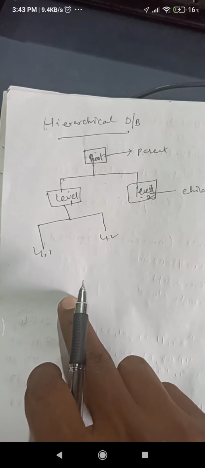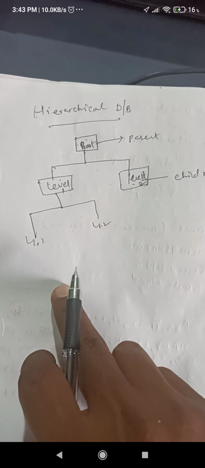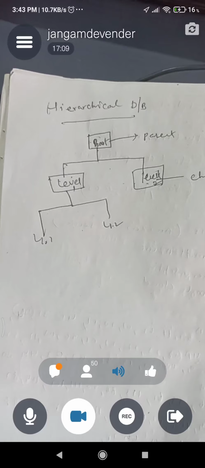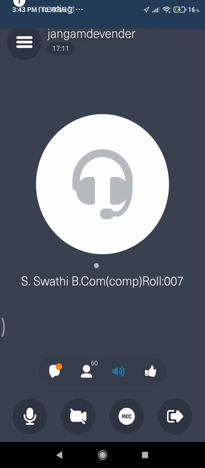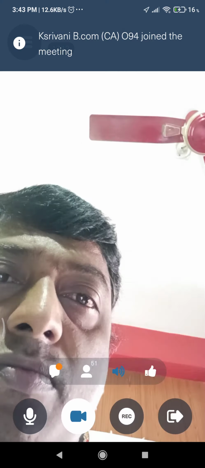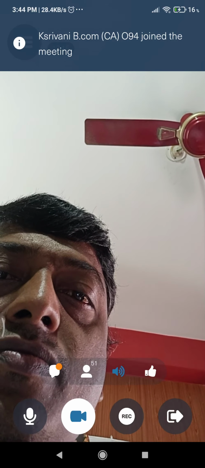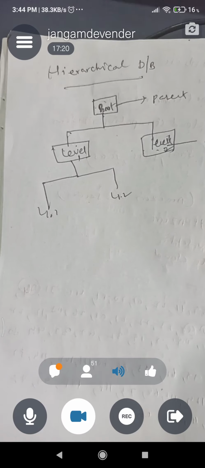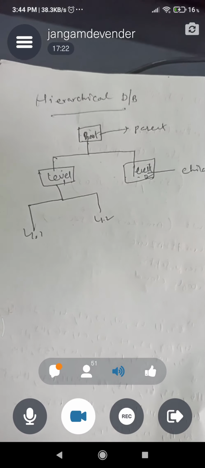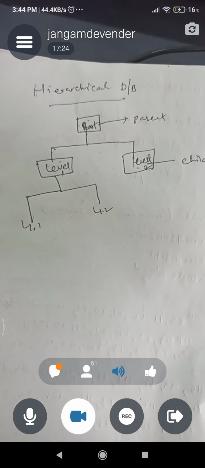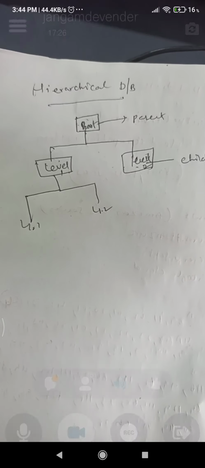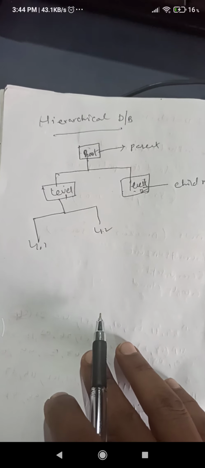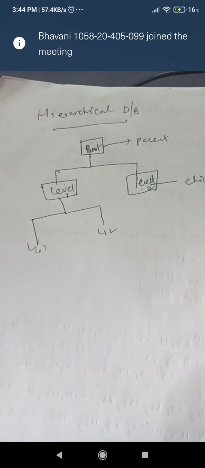Is it not visible now? Yes, since morning it's giving the same problem to me. I don't know why it is.